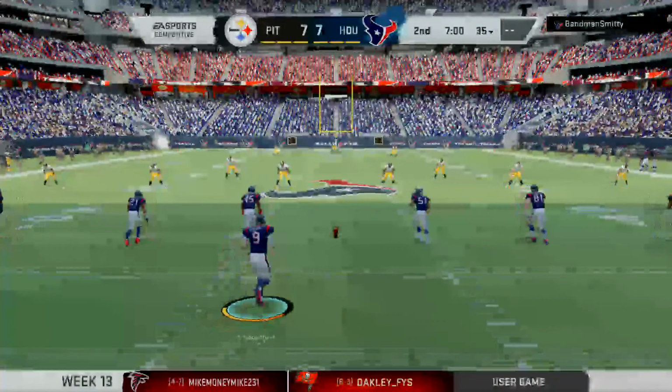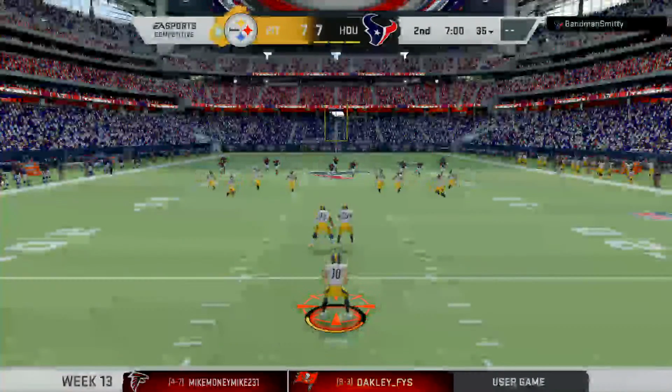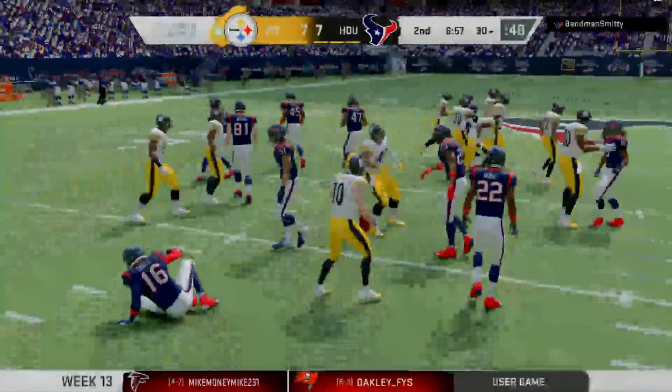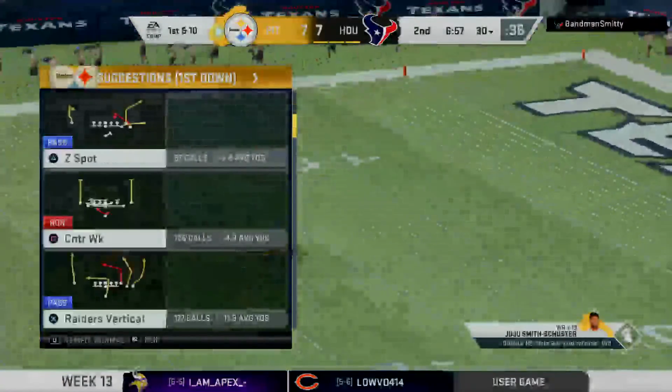So all even at 7 now as they kick it away. This is taken near the 13, and a nice return sets them up pretty good here at the 30-yard line. The Steelers take over first and 10 at their own